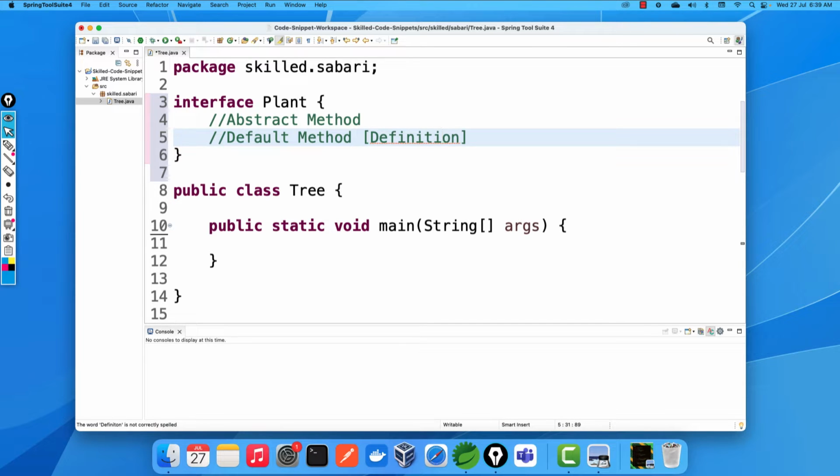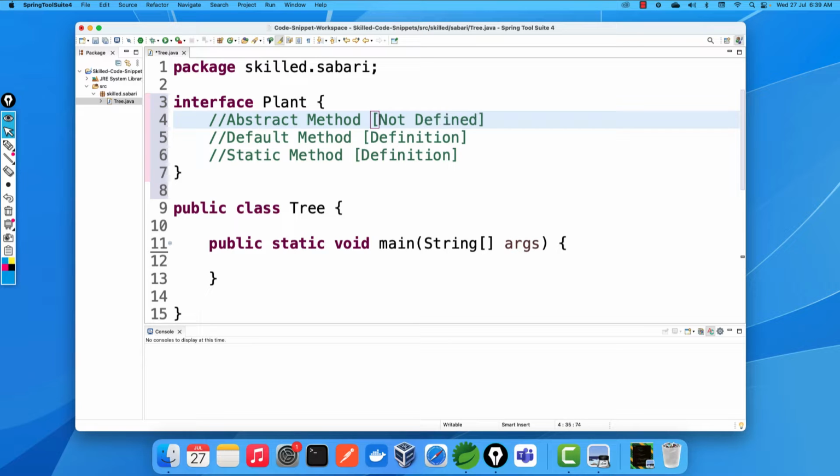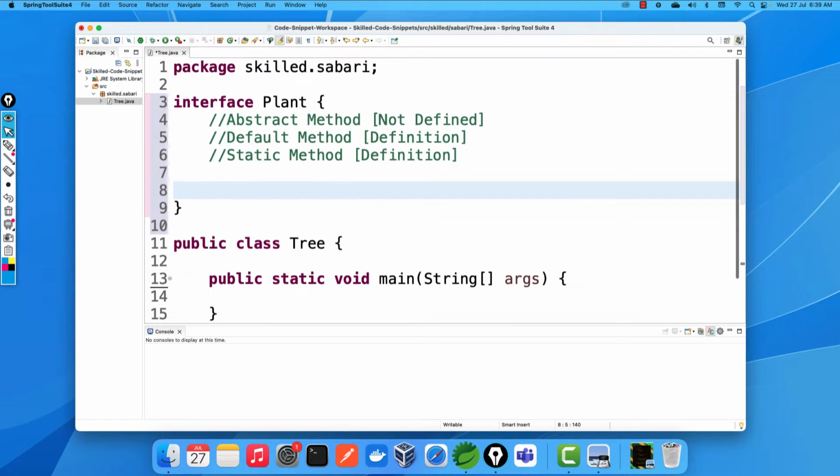And also we can have static method. Static method is again going to carry a definition in it, but abstract methods are not defined. Okay, no definitions will be there. Okay, so keeping this piece of information, according to the code snippet, there is only a default method,